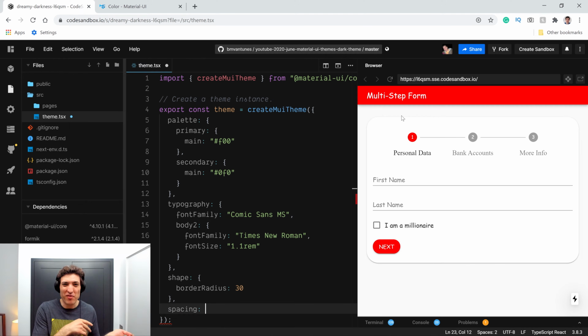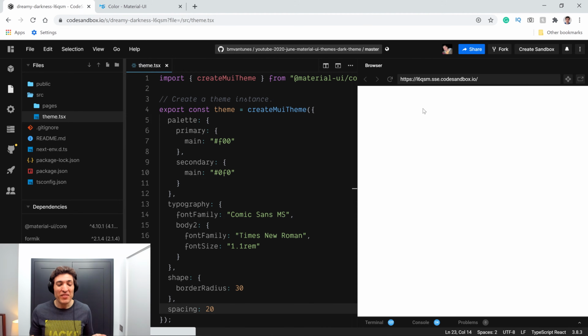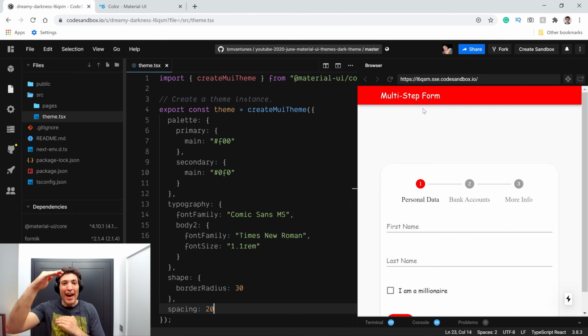If you watch any of my previous videos when I'm doing theme.spacing, I always say that 1 unit is usually 8 pixels. I worked with a lot of teams that prefer it to be 10 pixels just to be easier for them to do the calculations. For today, I will just put 20 because that way you will see how big the distance between my footer, not my footer, my header and my card will be. So I will now save and it will refresh and you will have a big gap between the two. So every time that now you use spacing, the theme.spacing, it will start to be 20 pixels each unit. It can make sense if you want to change it across your application.